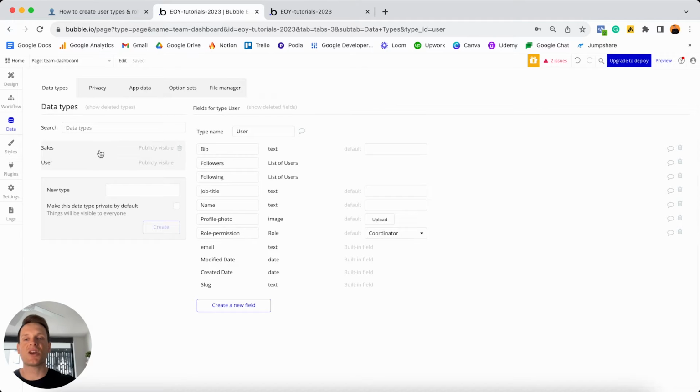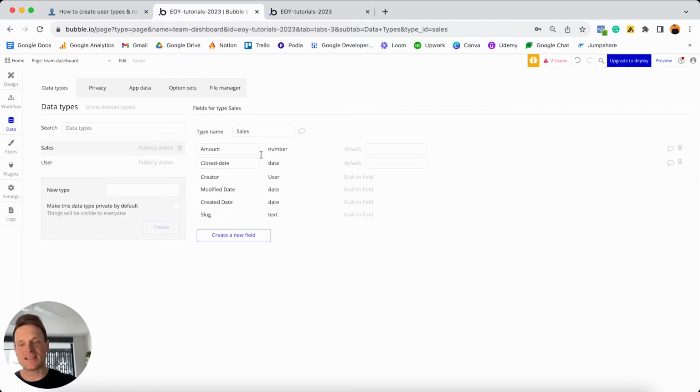But the other data type I have is this data type known as sales. Now, this isn't really relevant to our tutorial today, but this is just where I'm storing and pulling all of the data for that chart you saw on my dashboard page. But look, this isn't really relevant to our tutorial today. The main thing I wanted to highlight when it comes to my data types here is that